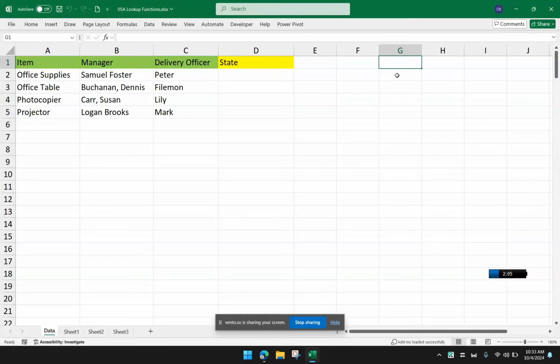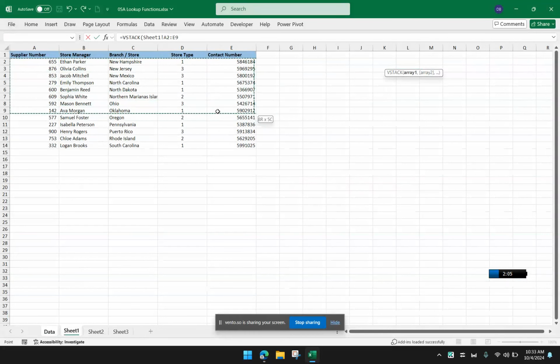For those who are new to VSTACK, I'm going to show you what it does. The VSTACK function is one of the latest functions of Excel. You simply have to highlight the cells that you want to combine into one stack. So let's say I start with VSTACK, and then I highlight the cells one by one.